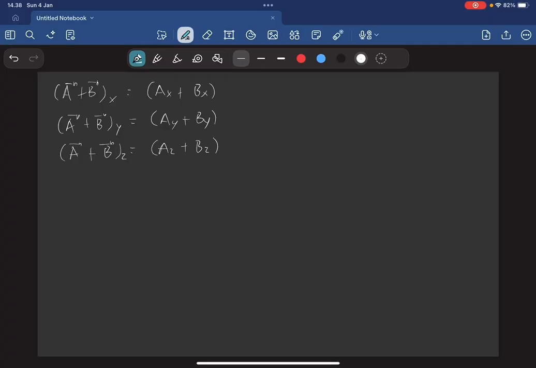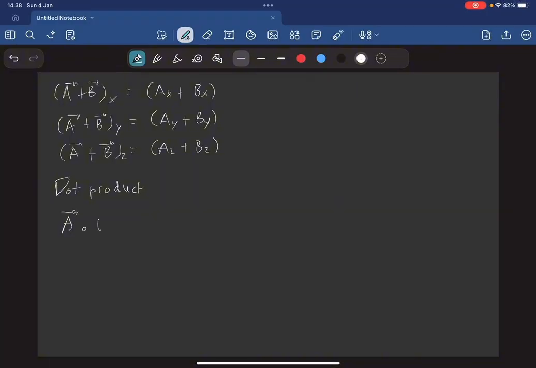Can we multiply vectors? Yes, and there is more than one way. One type of product, the cross product, gives another vector. But for now, we will not worry about the cross product and only consider the other method called the dot product. The dot product of two vectors is an ordinary number, a scalar. For vectors A and B, it is defined as follows.